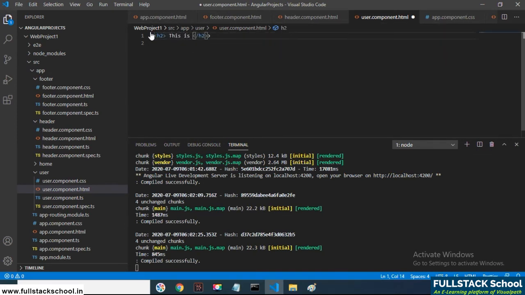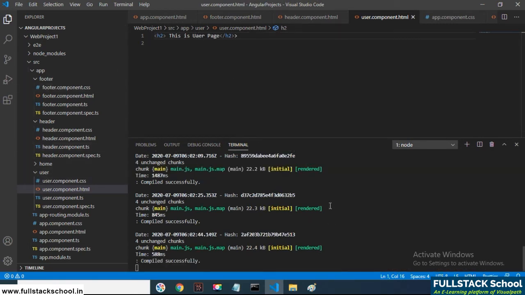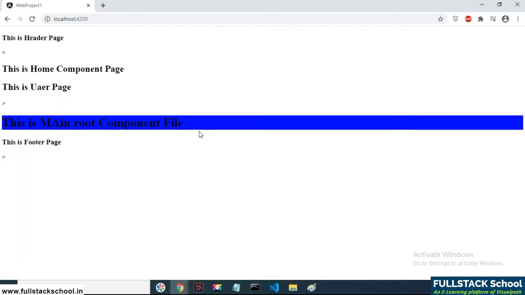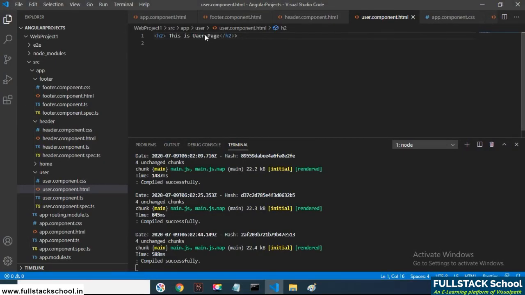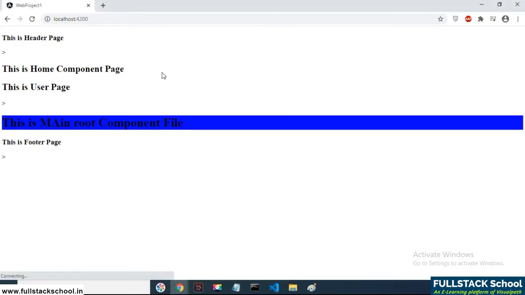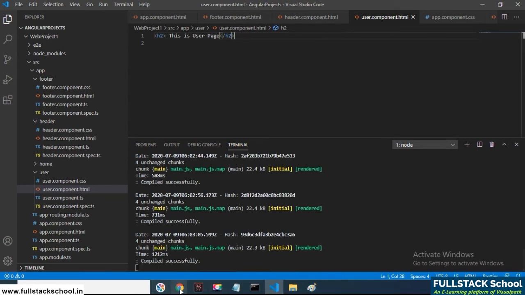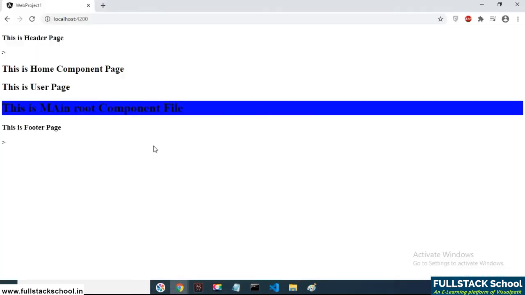This is the user page. Like this we can add some code to the pages. Like this we can create components, and we are adding components to the page.